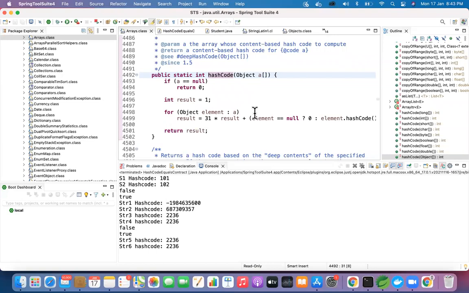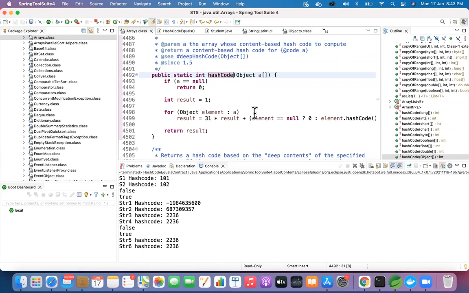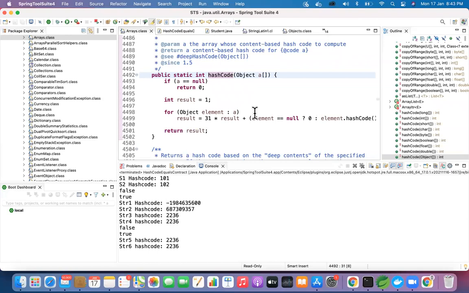And if you don't want to write your own logic and just want to use a library, then you can just go to the Objects.hash method and give your input. It will provide the final integer value for your hash code. So you can either write your own logic as they have implemented, or you can just use the Objects.hash method. Either way, you can use them. But the main purpose of using a bigger value is to be more secure and unique.